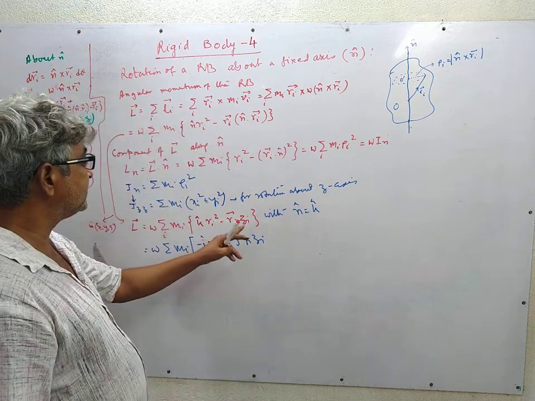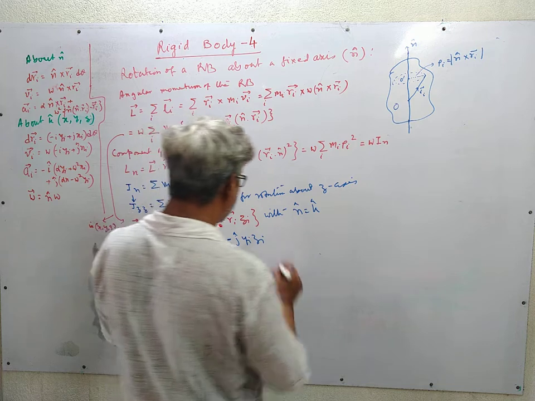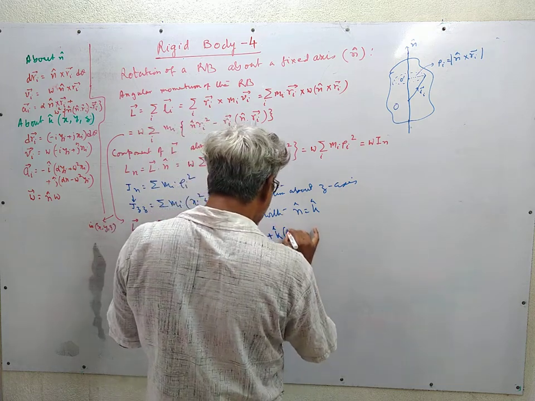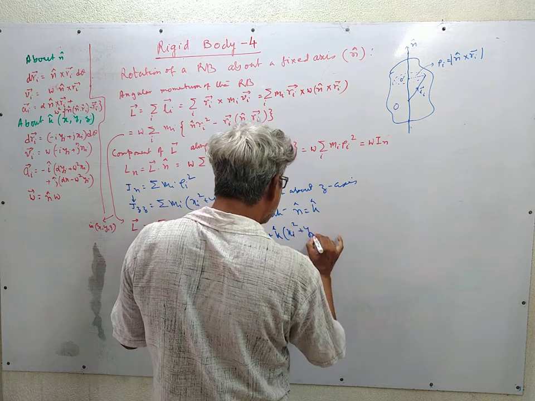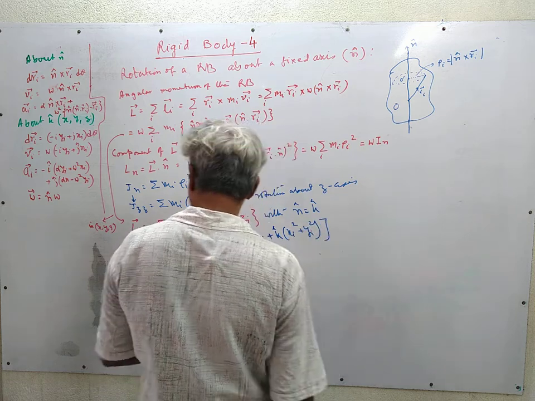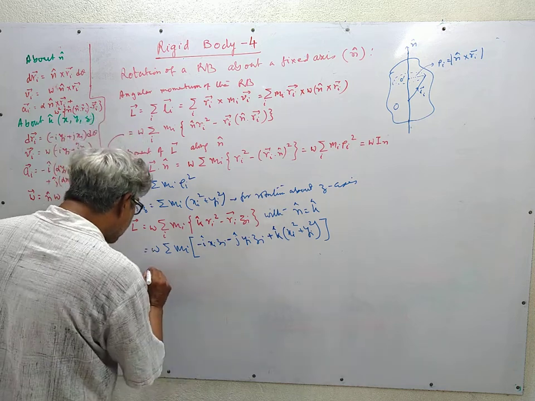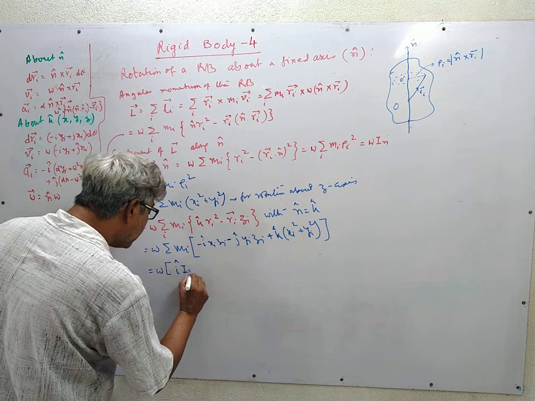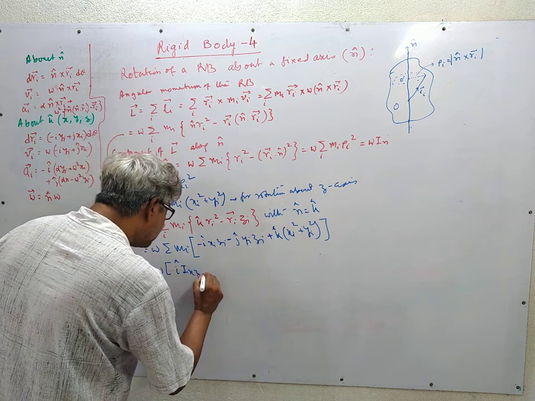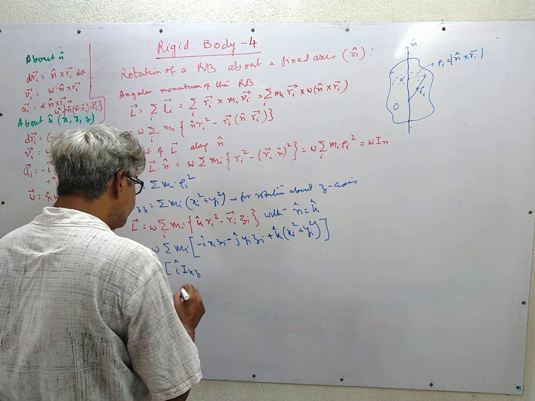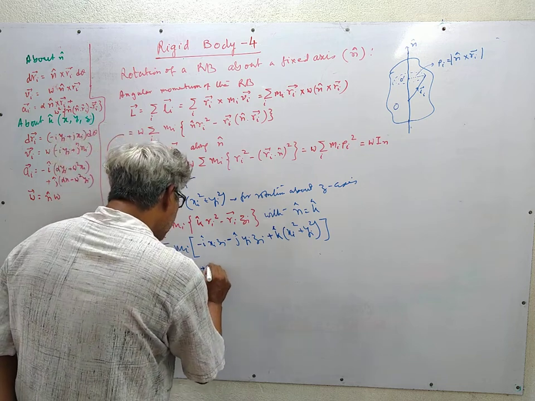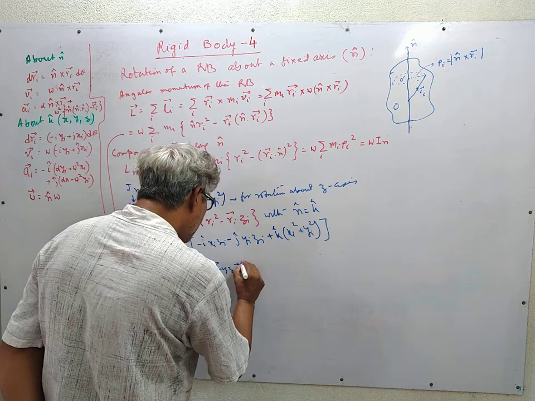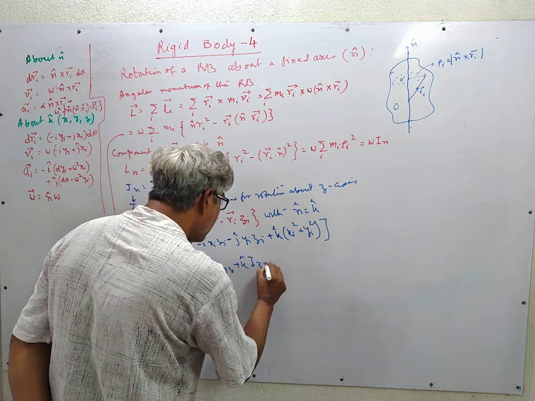For the z direction, this is zi square, which cancels with this, and we define k cap xi square plus yi square. This is written as omega times i cap I xz plus j cap I yz plus k cap I zz,